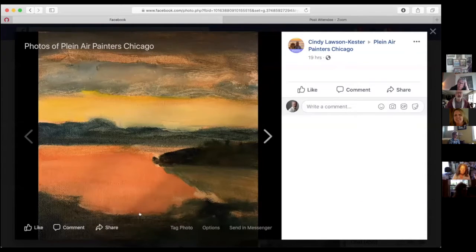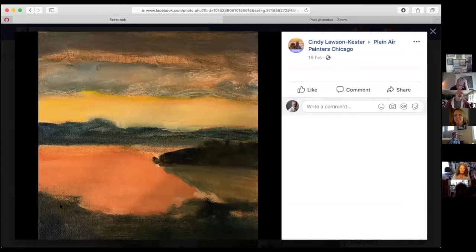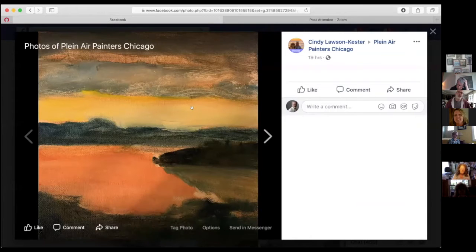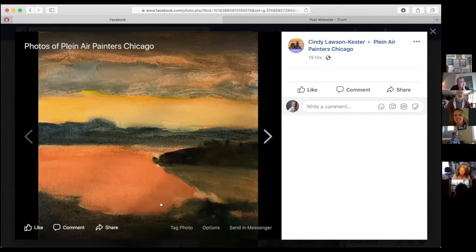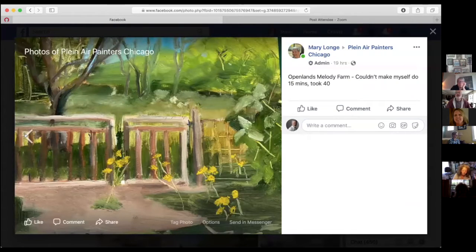And again, good. What is this? This would be a diagonal, but then you're contrasting the horizontal, which is almost two different paintings in here. Is that good or bad? Good effort on this one. Thank you. Mary,